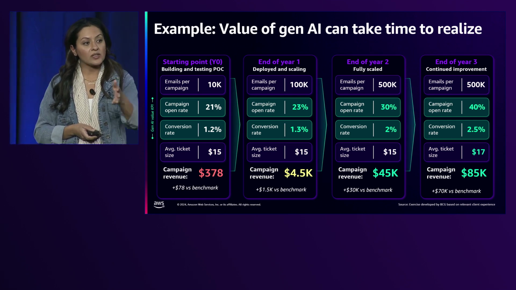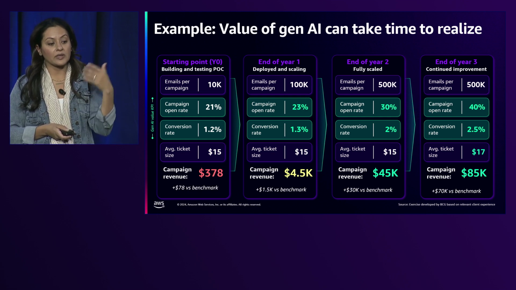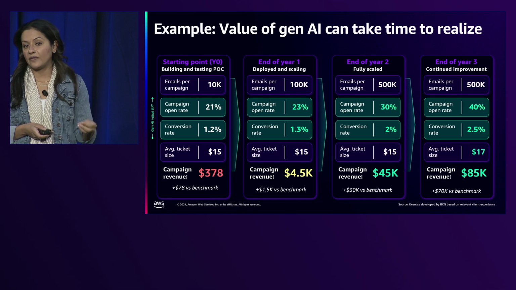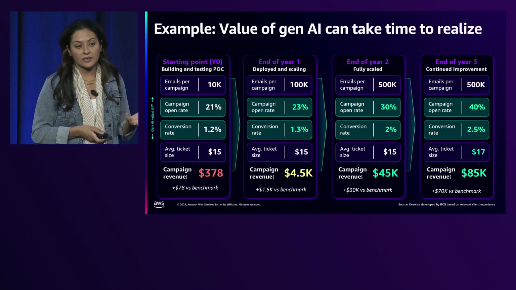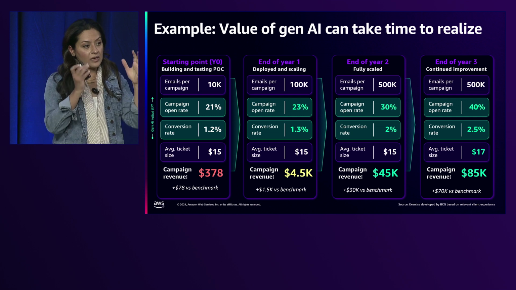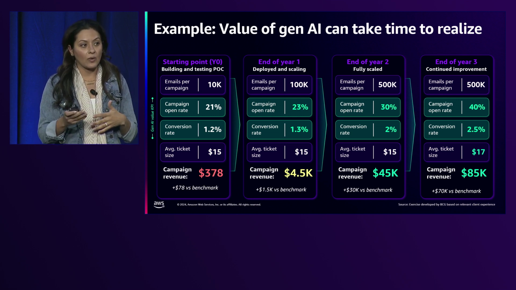And then as you progress over the 3 years, you should see a continuous improvement in what you're experiencing in those operational metrics, and you'll continue to see improvements in the ROI and the value. And so we wanted to highlight this because as you look at costs in a minute, if you look at this in a very narrow lens, you're going to have challenges in seeing the total ROI,